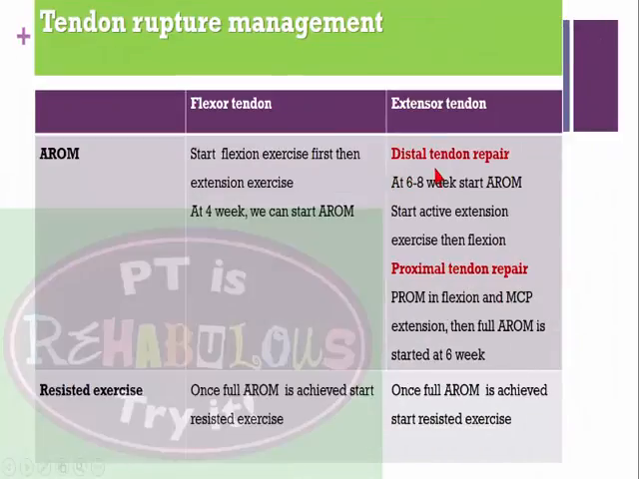Active range of motion exercise for distal tendon repair, we can start active range of motion exercise at 6 to 8 weeks with active extension, then active flexion. For proximal tendon repair exercise, we have to start with passive range of motion in flexion and MCP in extension. Then gradually full active range of motion exercise starts at 6 weeks for proximal tendon repair. Resisted range of motion we can do once active range of motion is full, then we can go for resisted range of motion